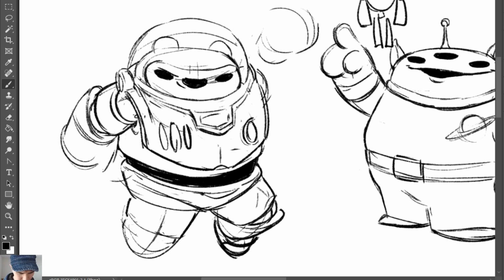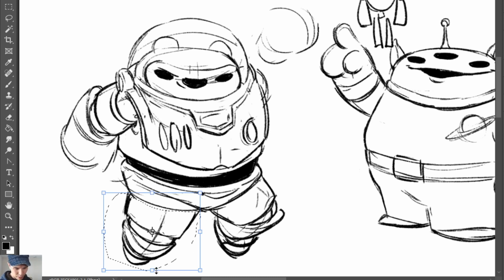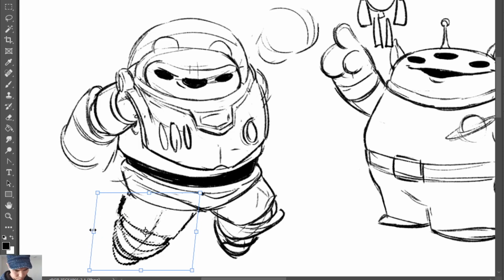Let's figure out this model here. I feel like I could just shift that leg over just a little bit like so.